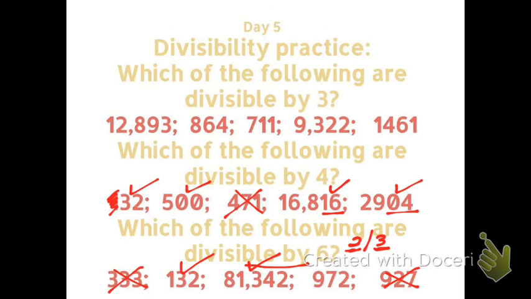All right, how about 972? Raise your hand when you know. Ava. Yes, because we added up, we get 18. Very good. Okay, now there are other rules, and I'm not going to spend a lot of time on them,